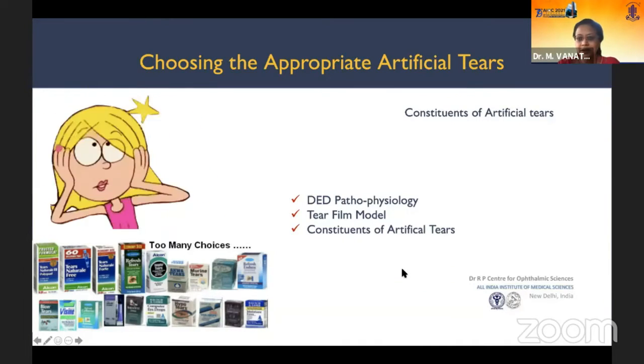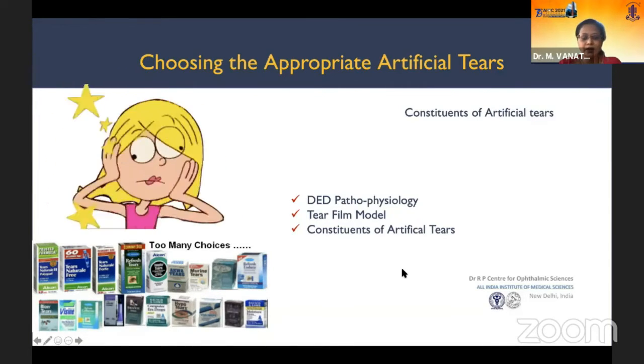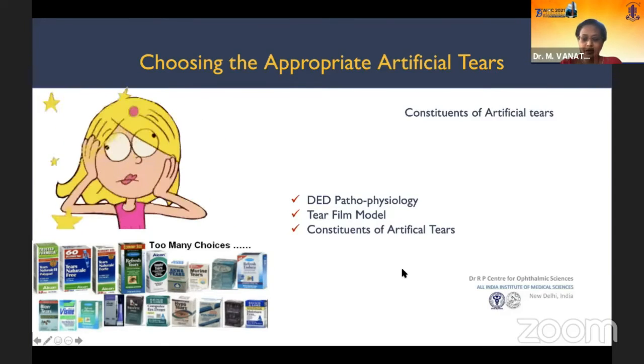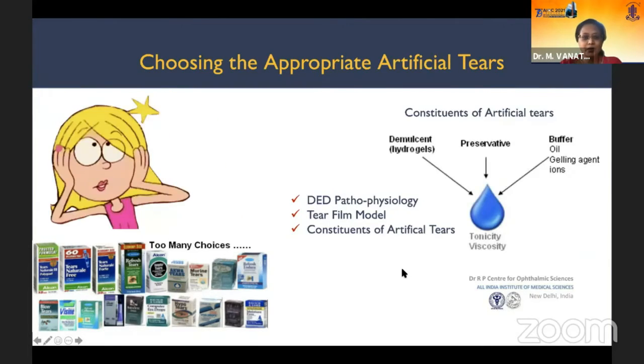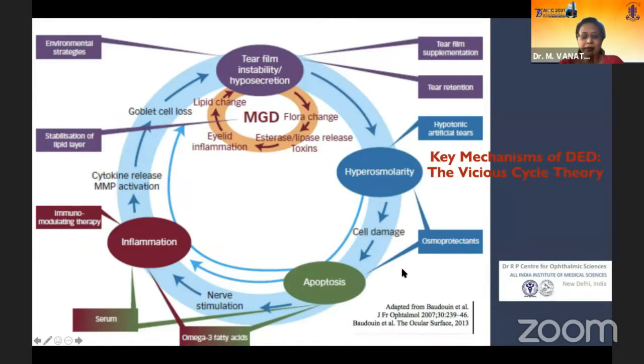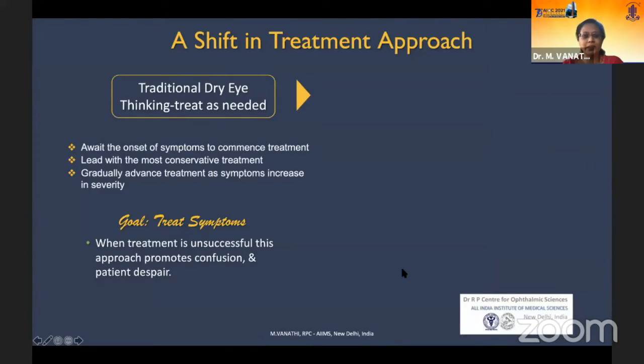So this is what all physicians, all clinicians face when they look at the battery of products which are now available over the counter for managing dry eye disease. Which one is going to be more optimal? We've seen this vicious circle chart in almost every talk of dry eye. Remember, when you're looking at artificial replacements, artificial tears are not targeting the pathogenesis of the dry eye disease, but are tailored to produce symptomatic relief, stabilize the tear film, and to a certain extent tackle the hyperosmolarity. So that's what's going to be the mechanism of action.